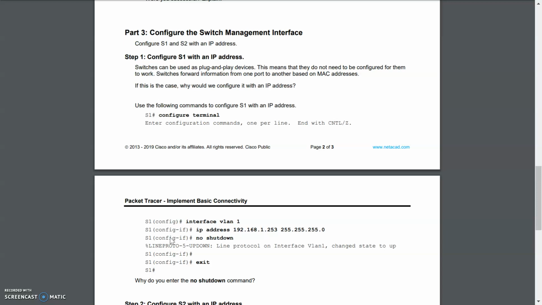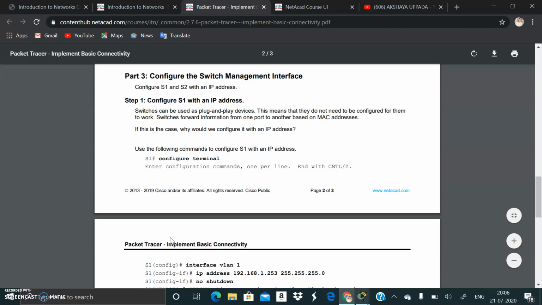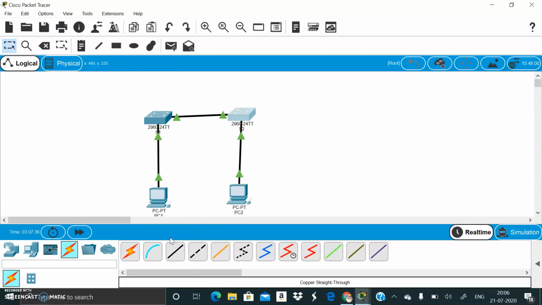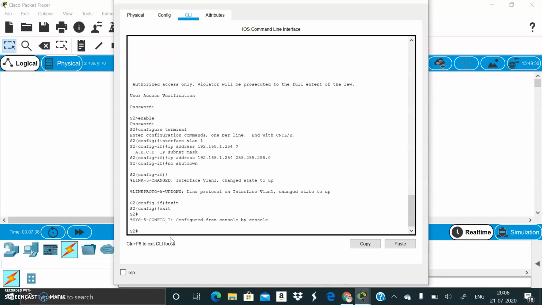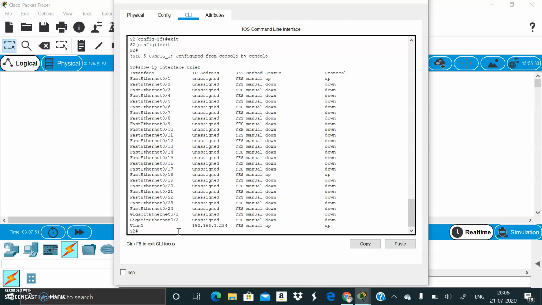Now we have to verify the IP address configuration on S1 and S2. For that, open the packet tracer and click on the switch 2. We can use the show ip interface brief. Okay, we can see the IP address of switch 2.